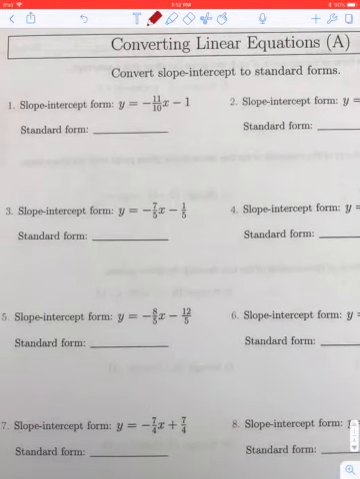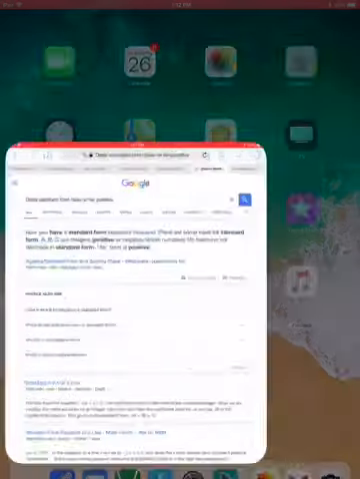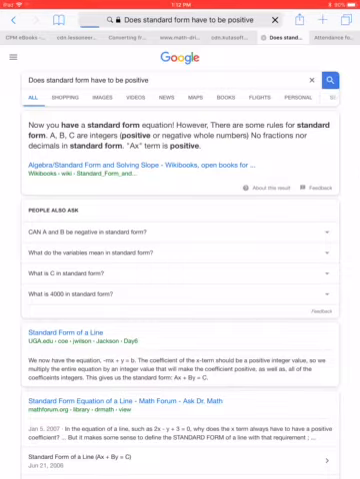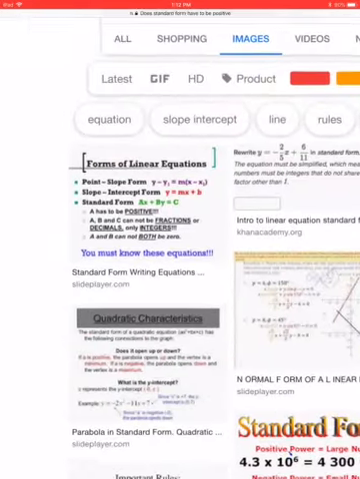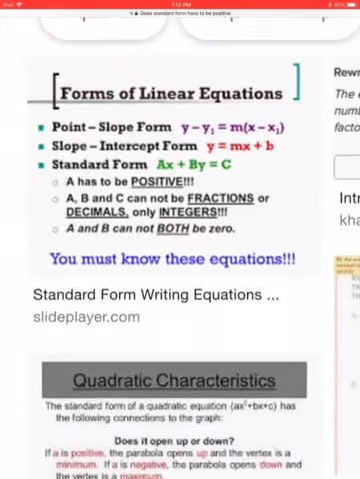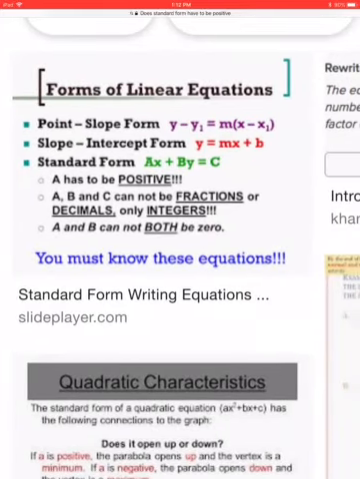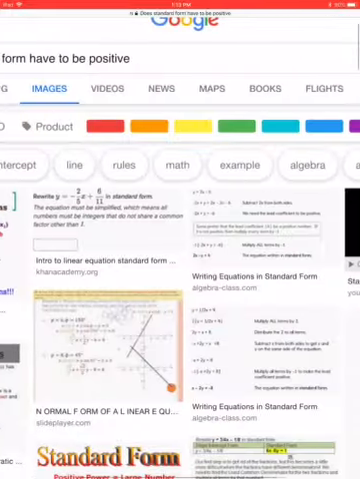So standard form, first of all, let me pull it up here. I just Googled it here. So these are actually all the forms that we're going to be working with in this chapter. We have slope-intercept form. And then standard form is ax plus by is equal to c, where a has to be positive. I would write that down right now, actually. They cannot be fractions or decimals. They can only be integers. And they can't both be 0. So let's take a look here